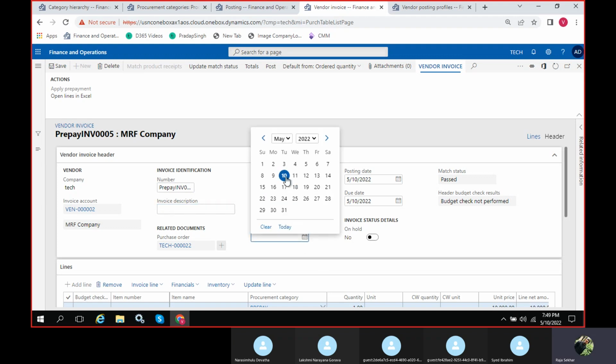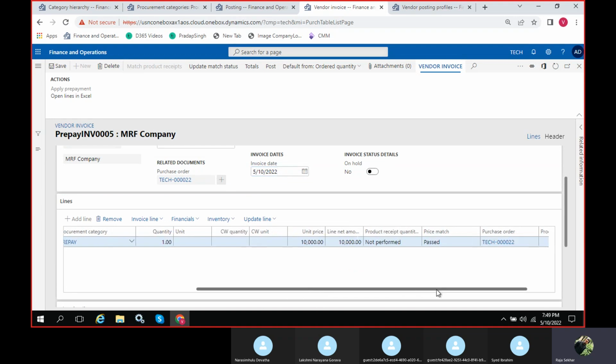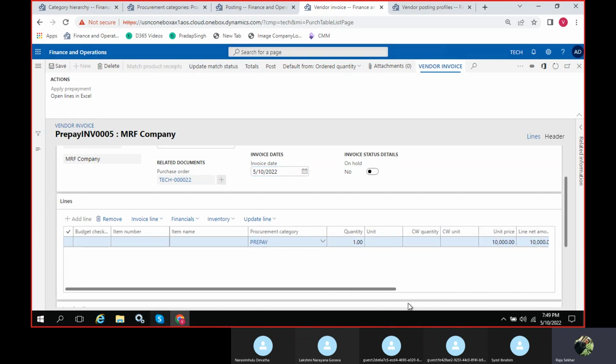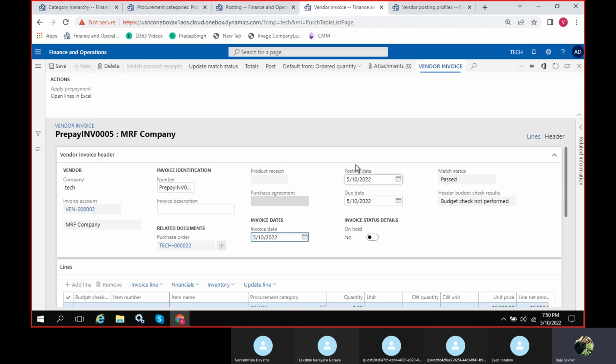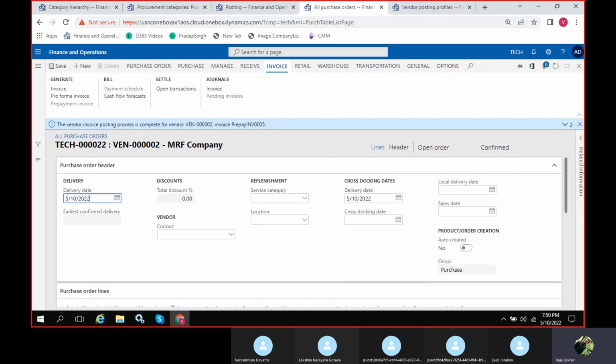Something, just give the number. Okay, give all this information, and just click on update. See, I haven't received my quantity, but still I'm making a prepayment to my vendors. Okay, so past, and I'll post this one. Okay, so now I have made my prepayment.